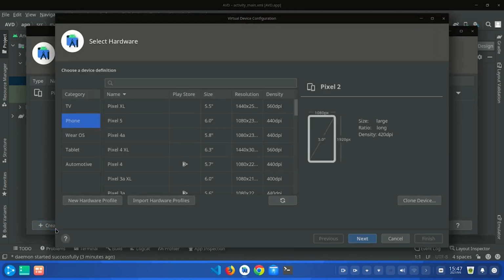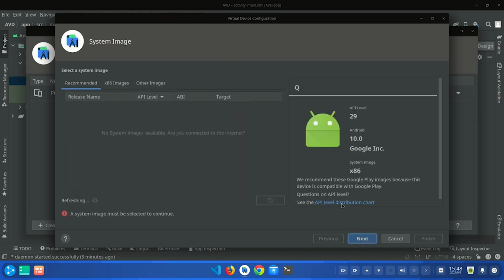Here you have to select your category. I'm going to create my AVD device for my phone, and here you can see that there are multiple options of phones available. So these are different types of devices with different screen sizes and also different screen resolutions. So I'm going to select Pixel 4, click on the next button,